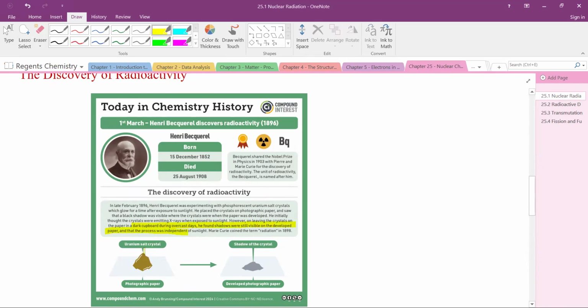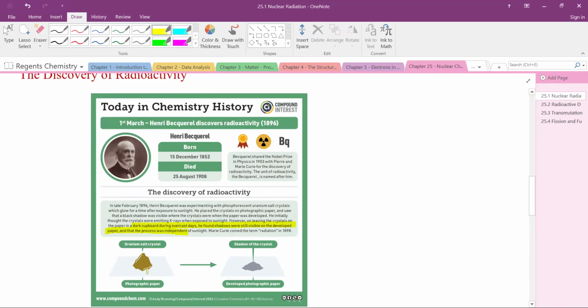So what he was doing was he'd taken his uranium salt and he would put it on photographic paper, and it would phosphoresce and make a mark on that paper. Well, he found that even if he kept his sample out of the sunlight, when he put it on the paper, it was still interacting with that paper. It was still making a mark on the paper, indicating there was some sort of something being released from this